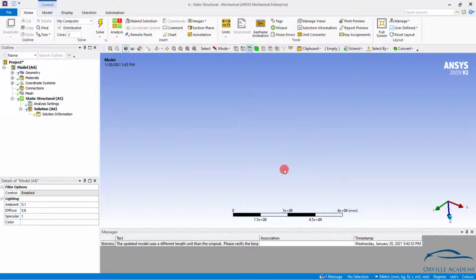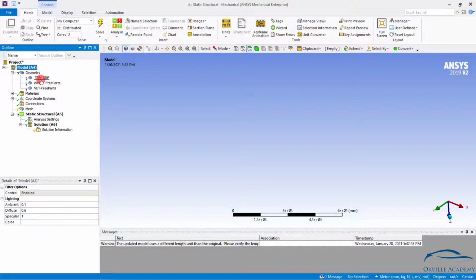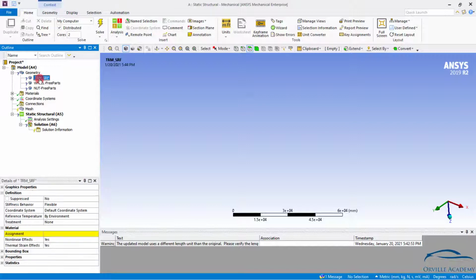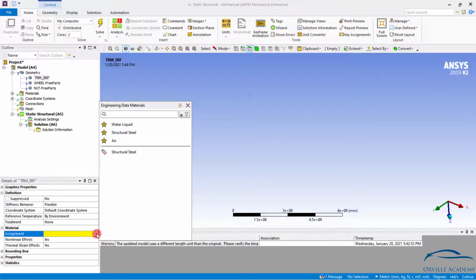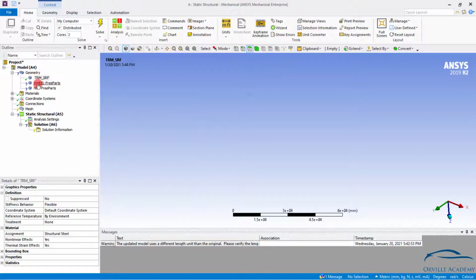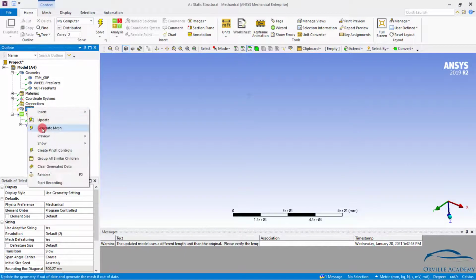So let me set it to OK over here and go for geometry, as there is a question mark within the geometry. Expand it and click on any body where you see the question mark. If I click over here in the details view, you can see under the material assignment, it is showing me the yellow color. That means for this particular body, the material has not been assigned. Again click on this drop down and simply click on steel. For these two materials also, do the same procedure. Once the material has been applied, you can go for mesh and go for generate mesh.